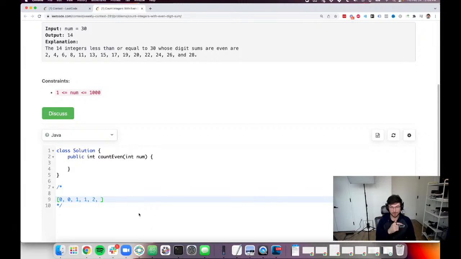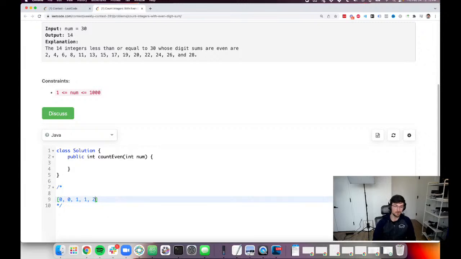if all the digits are even, it's equal to the previous one plus 1. And if all the digits are odd, or if the sum of the digits is not even, then it would just be the same as the previous one, right? So we could generate all this, and then if we were calling this multiple times, we could either just say,